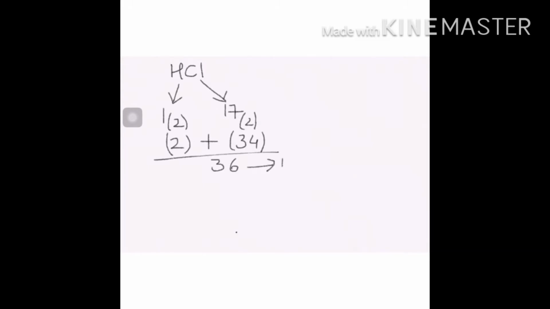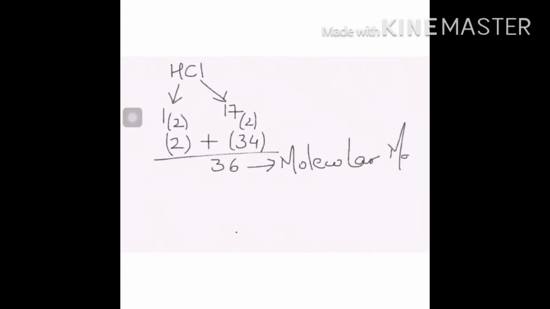Next, this example is not solved in your table, that is HCl, the second numerical. So we need to take first the atomic mass of hydrogen, that is 1, and then chlorine, which is 17. Now what are we going to do? We are going to multiply this by 2 or double it. So on multiplying 17 into 2, you get the value 34. And 1 into 2 is 2. So you need to add it, and then you get the answer 36, which is around 37 or something, 36, that is the molecular mass.